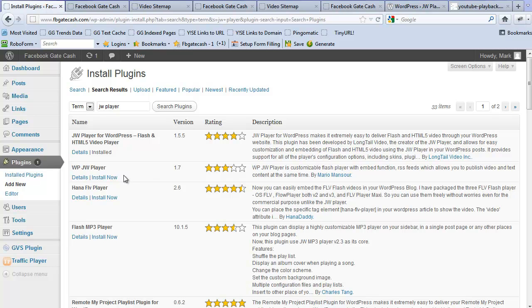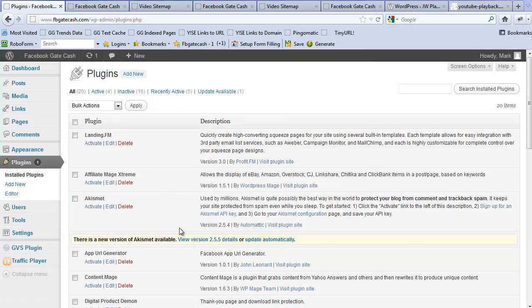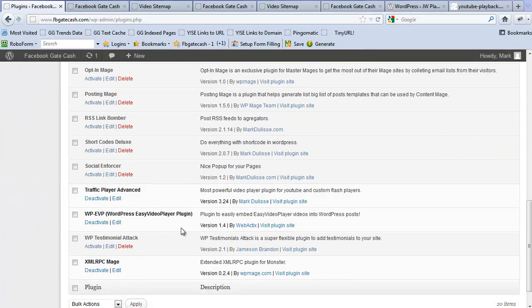This is not the right one right here. It's this one right here. It's the HTML5, and I highly recommend this one as the free one. Once it's installed, and I do have it installed, what I will do, I will click on plugins. And I'll just deactivate my traffic player, and I will activate the